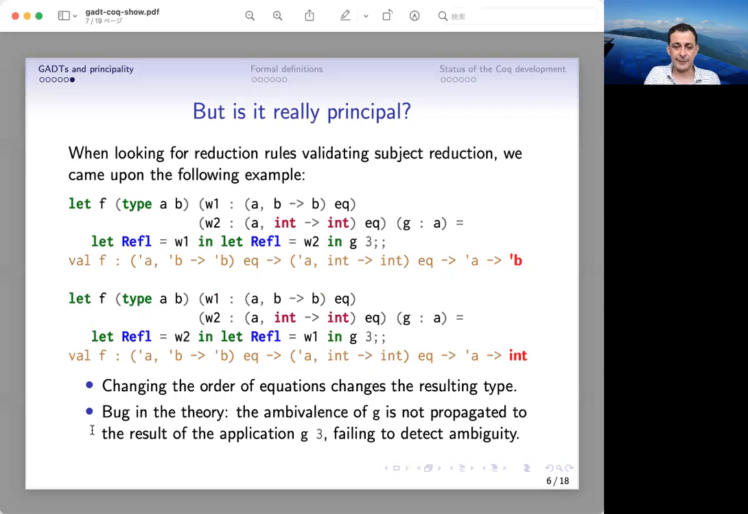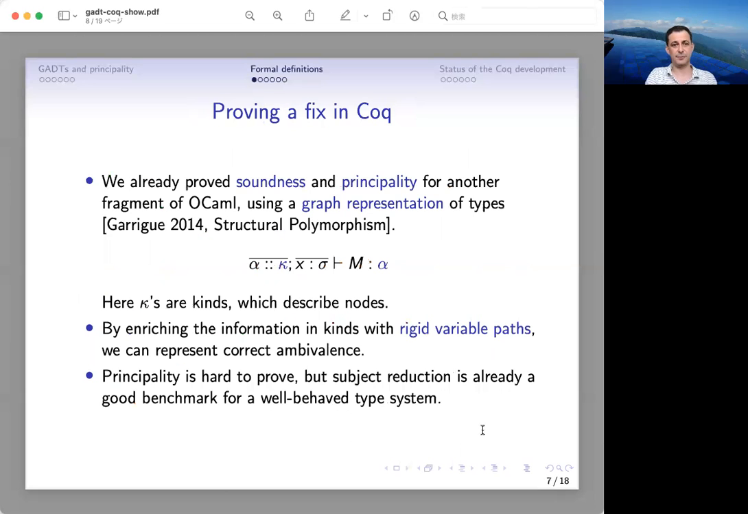That is, the ambivalence of G is not propagated to the result of the application of G to 3, failing to detect the ambiguity. The bug was not really hard to fix, at least on paper, but we want some guarantees about the correctness. And since we have already proved the soundness and principality for another fragment of OCaml that uses a